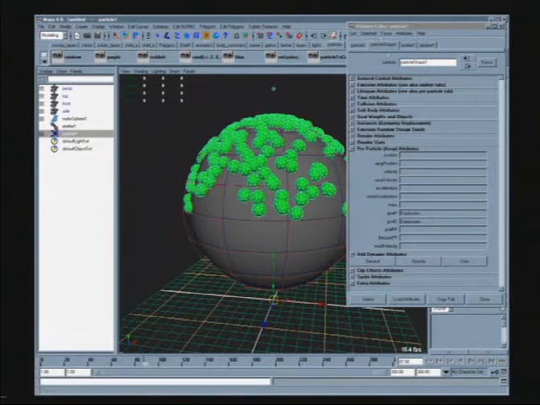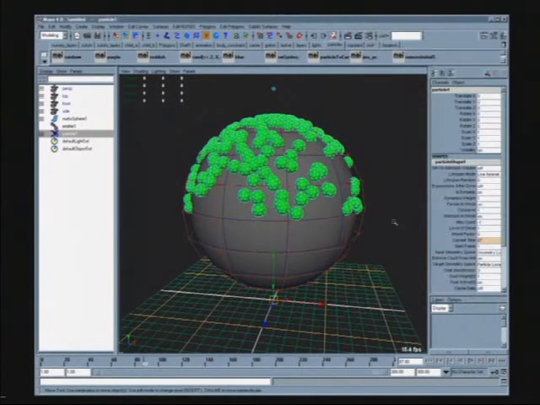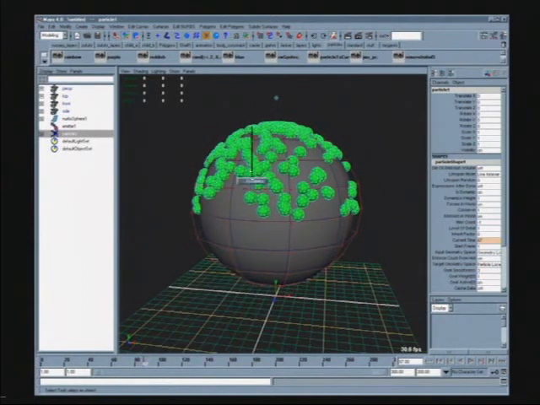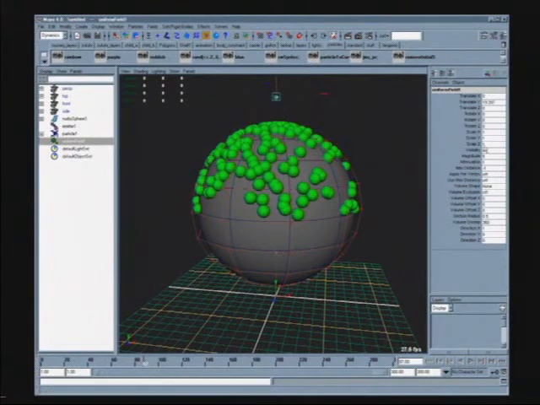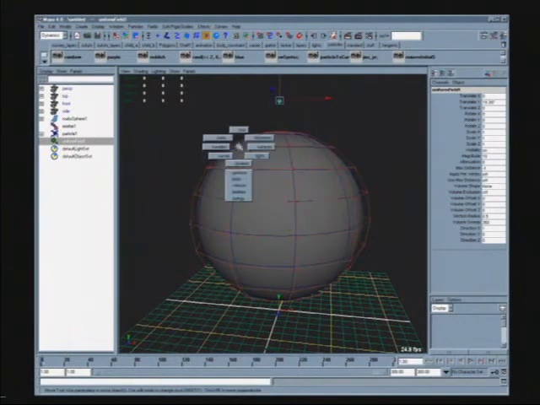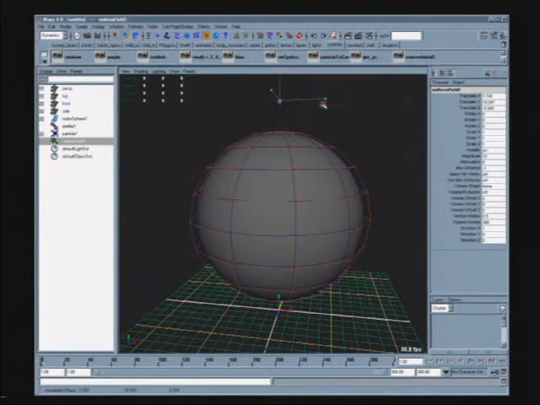So if we wanted to do something like that, let's say I take these particles which have a goal PP of 1 right now and give them a uniform field. Well, if I give them a uniform field that's blowing the particles, let's say in the X direction, when I hit play, we're not going to see anything happen because those particles right now have a very high goal weight. But what I'm going to do is then take my